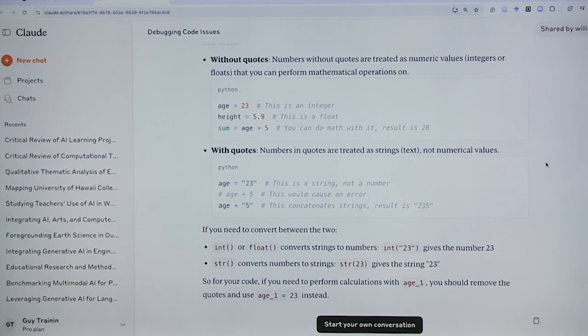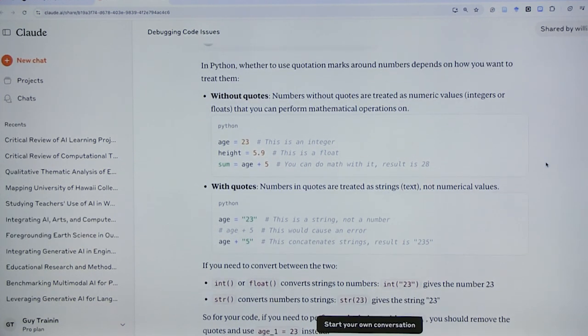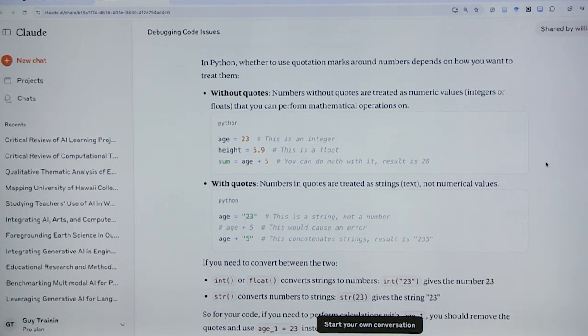What I love, though, that you showed me that I didn't know it did, is it actually explains. It doesn't just fix it. It actually explains what you need to do, and as a result, it becomes a great learning device. Yeah, because now it's not just saying, here's the right code, but it walks you through the thinking. If you want an integer, it needs to be this way.